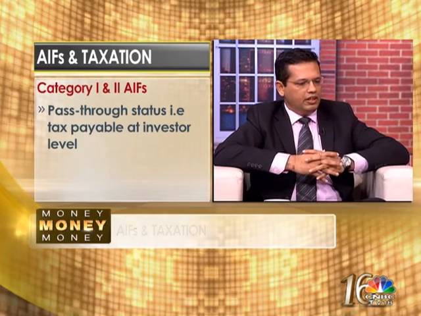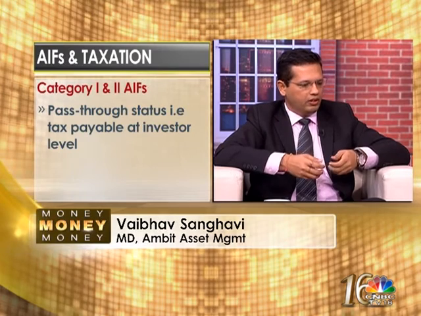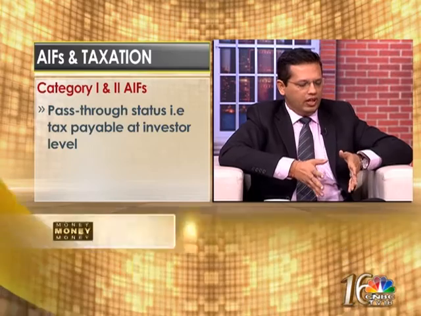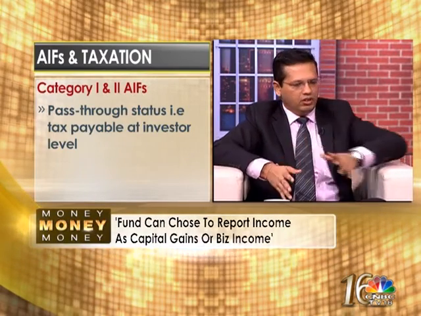What is the incidence of tax, the quantum of tax as of now on Category 3, and how is it defined? What sort of income are we talking about? So the CBDT circular, in our knowledge, we are not tax experts, but in our knowledge, it says that the trust has the choice of paying or assessing the income as the tax they want it to be. Like whether they want to choose it as capital gains or as business income. Okay.